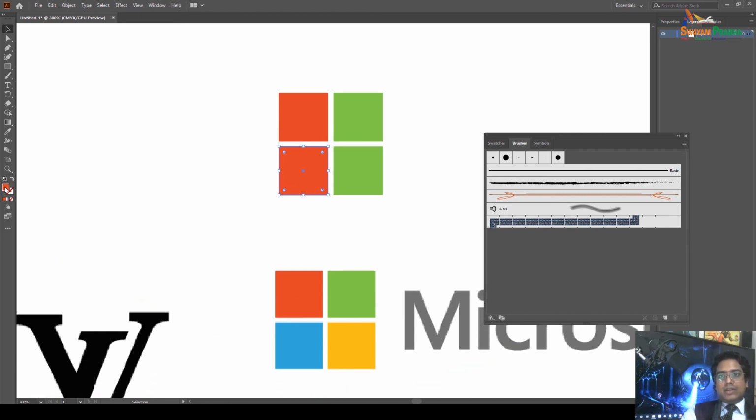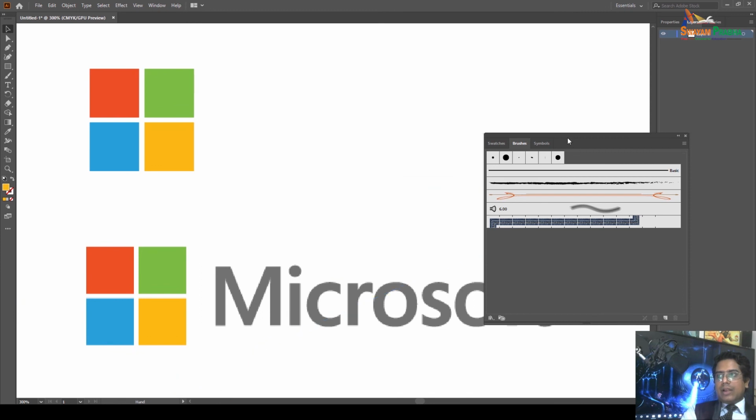So select the same, come to the eyedropper and you can use the sky blue color, and last color of box is what? Yellow. So simply select the box and you can use the eyedropper and choose the color yellow, right? Now here I required Microsoft as a text. So here again, same like Adobe Photoshop, in Illustrator also we have a text option. So simply use the text,